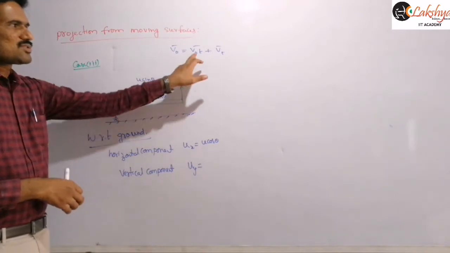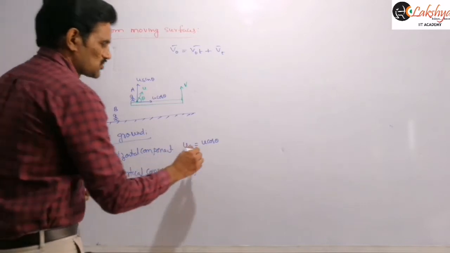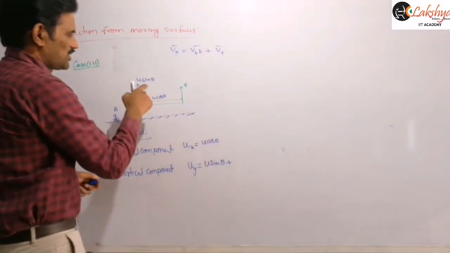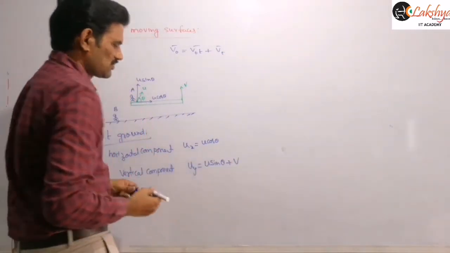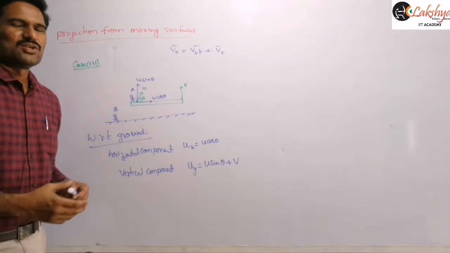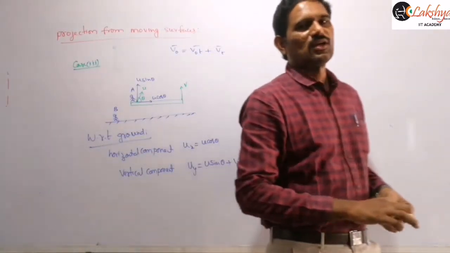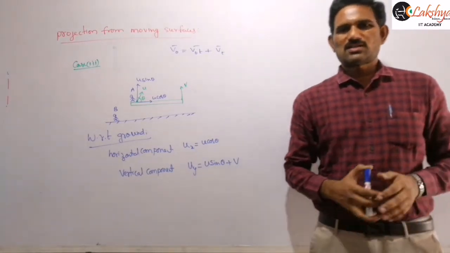So the velocity of the object with respect to the platform in the vertical direction is u sin theta, right? Then u sin theta plus the velocity of the truck, and the velocity of the truck is also in the same direction, so we can add here. So that is plus 3. Now this is the vertical component. In this case, when the platform is having velocity in the vertical direction, the vertical component of velocity changes, but the horizontal component of velocity will remain the same.